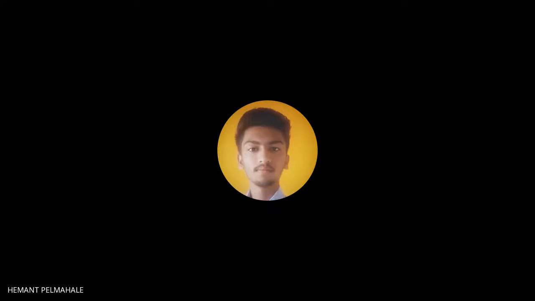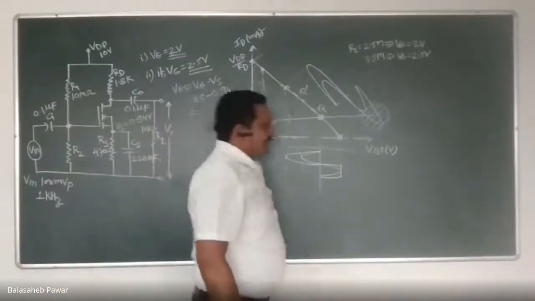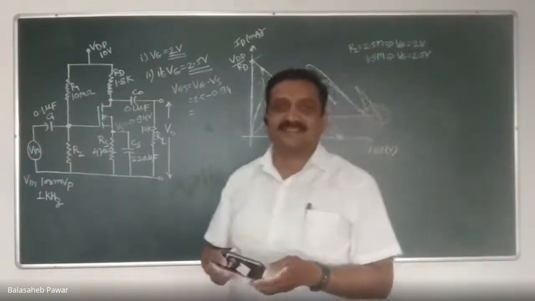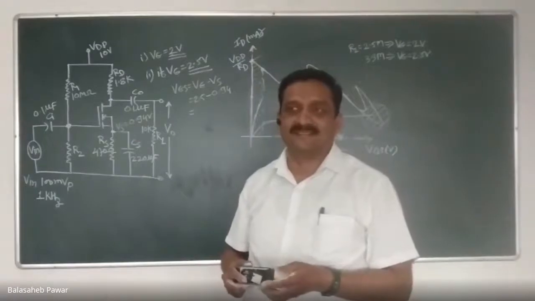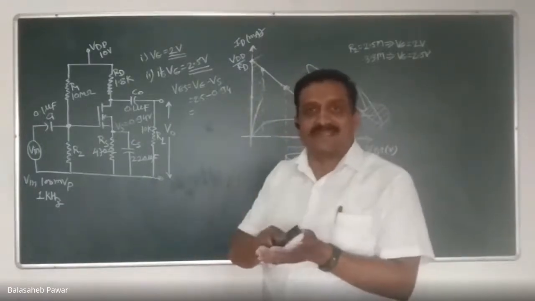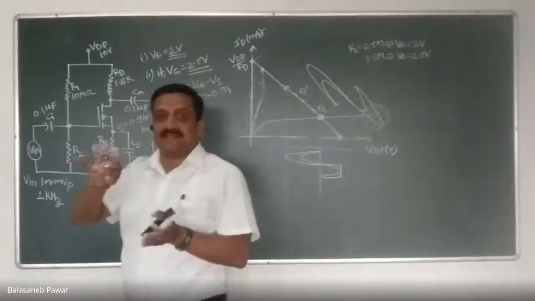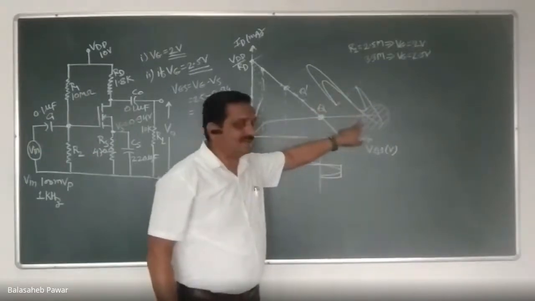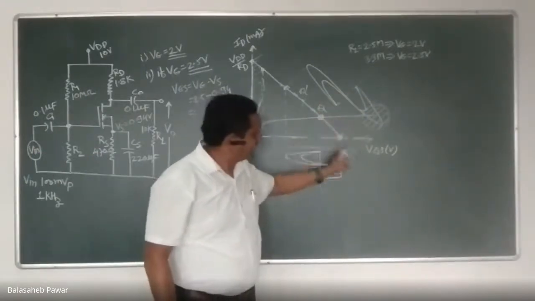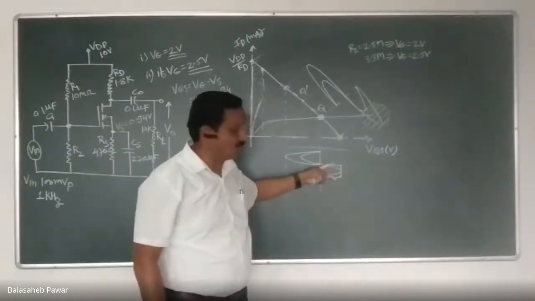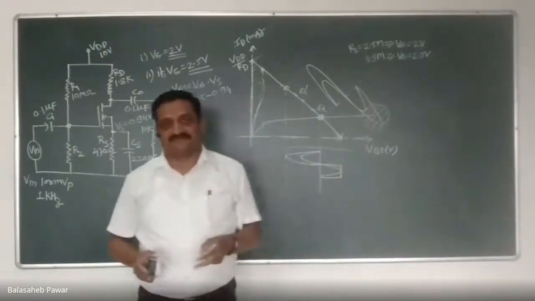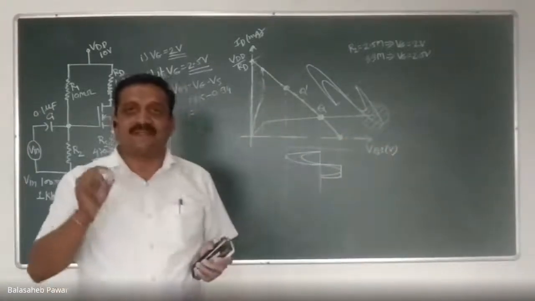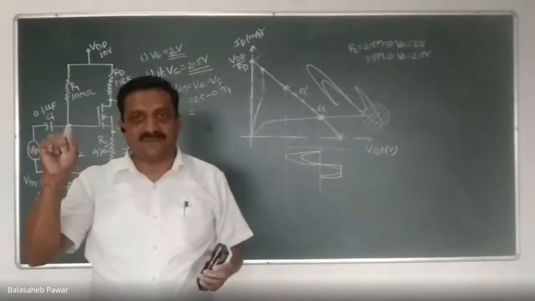Yes, sir. Okay. Now, why should the operating point be at the center of the load line? To improve the input signal level handling capacity of the amplifier. In this case, again, it is 100 milli, as you will observe right now. Because during the negative half of the input, the transistor enters the cutoff region, and hence the obtained positive output gets clipped off. That much part of the input signal again gets lost. So to avoid it, the operating point should be at the center of the load line. Are you getting it?